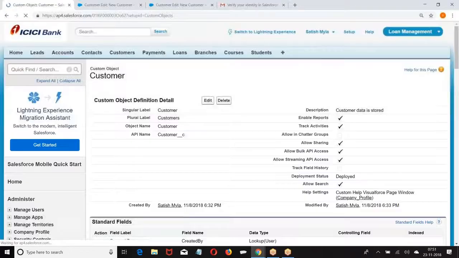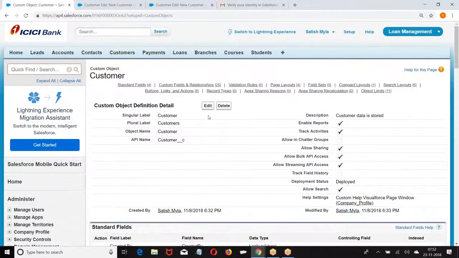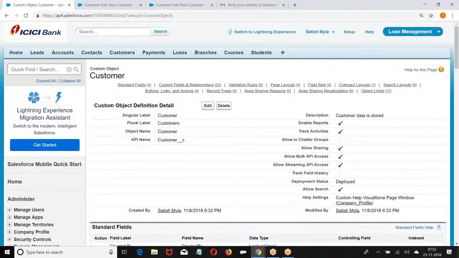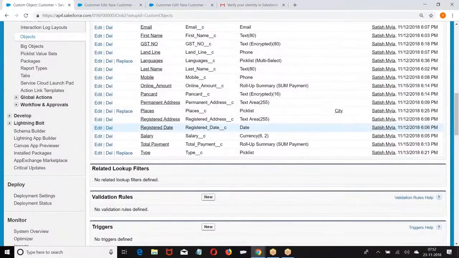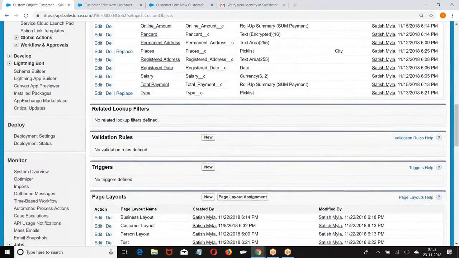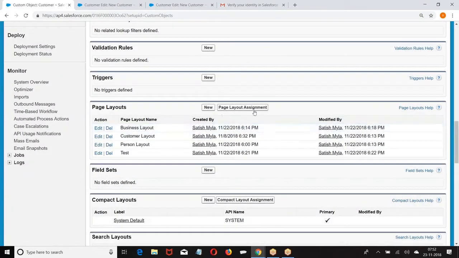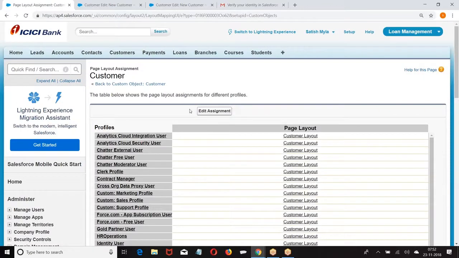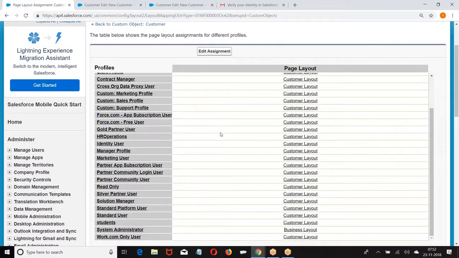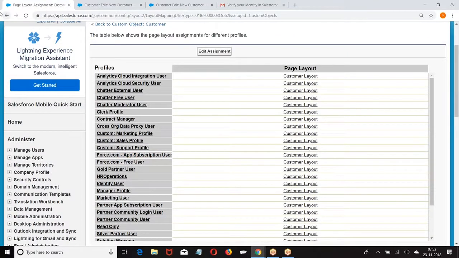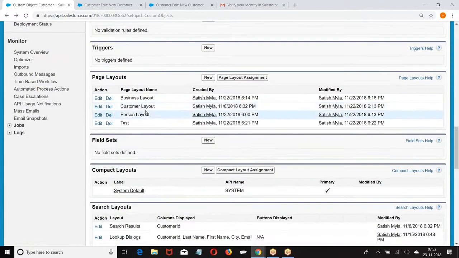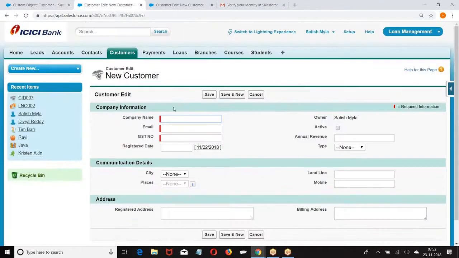Once it's saved, it asks you for which profile you want to display. Go to page layout assignment, assign to your profile, whatever you want. Right, boss? Clear about this? Now the question here is, every page layout will have a corresponding mini page layout.